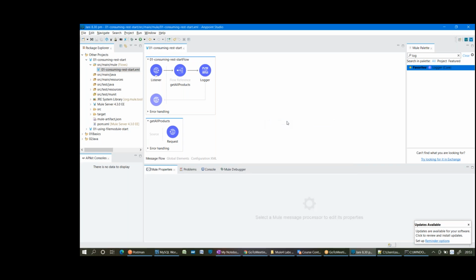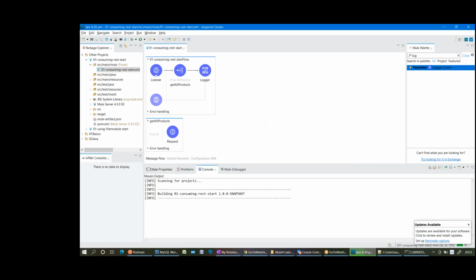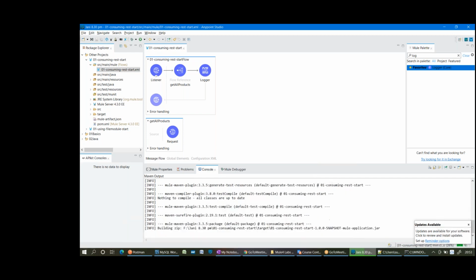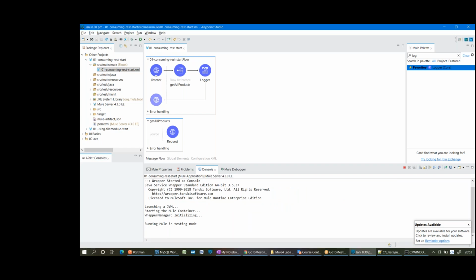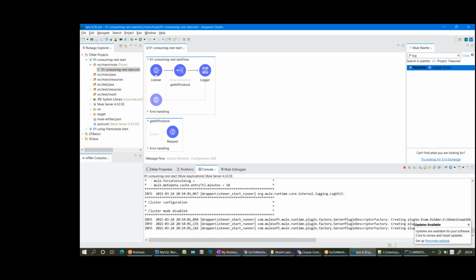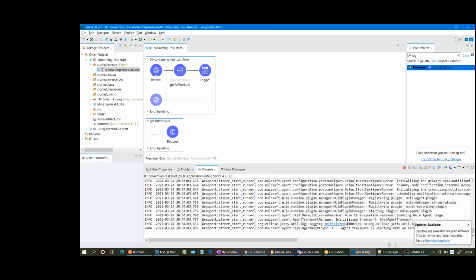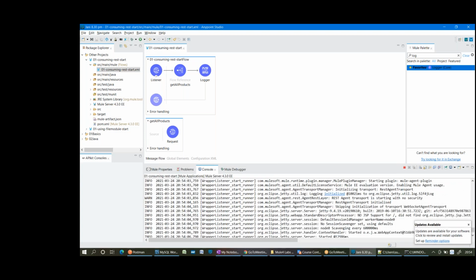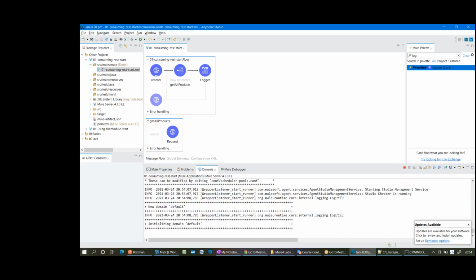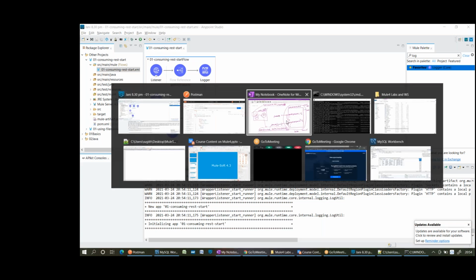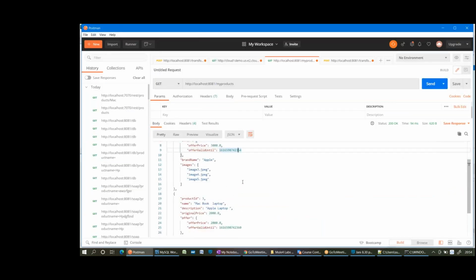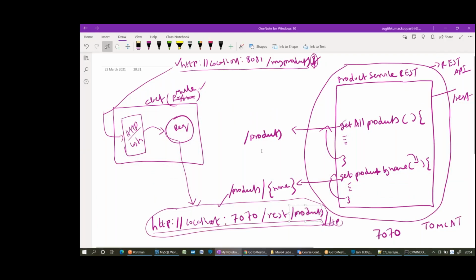So if I deploy this application, what will be the response you are going to get? Can anyone explain the flow here? Once I give a request, what will be the flow? It will get all the product details. Get all products means I will get all the products, but in which format? JSON only, right? Previously, I got JSON format only. So from the third-party application, we are getting output in JSON format.